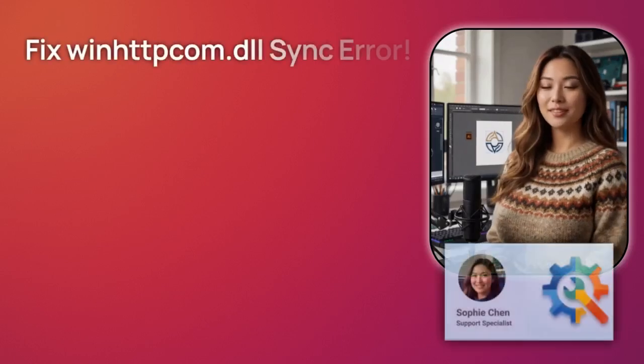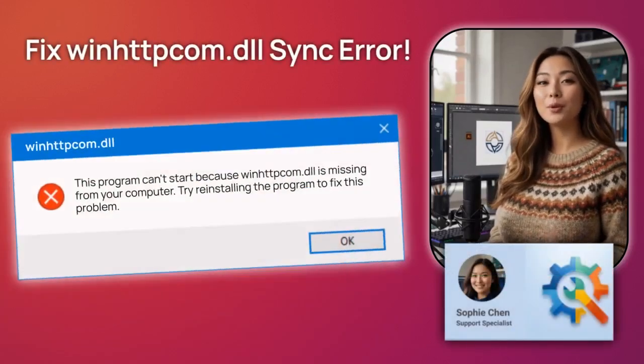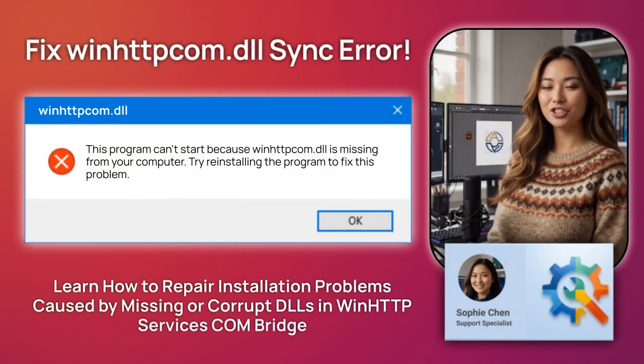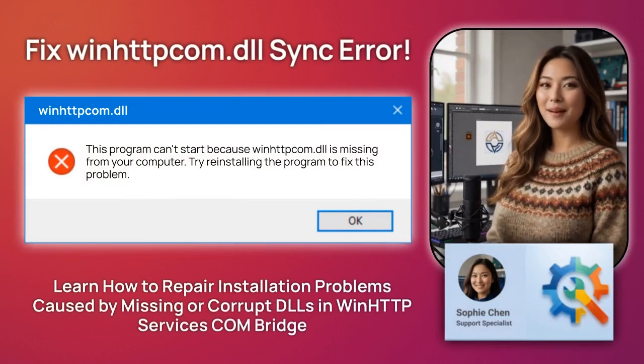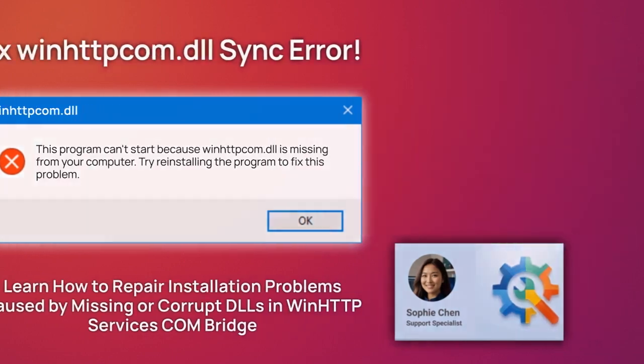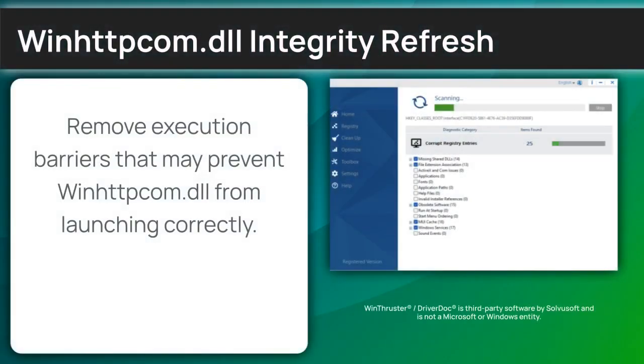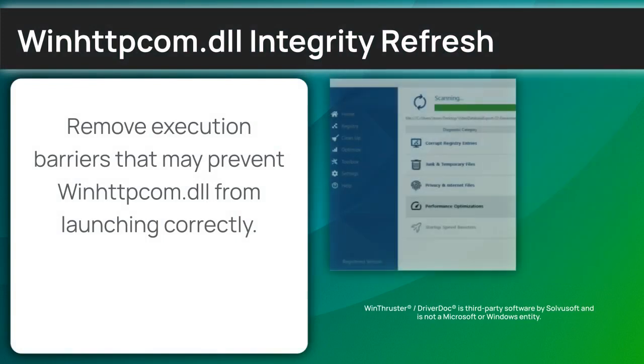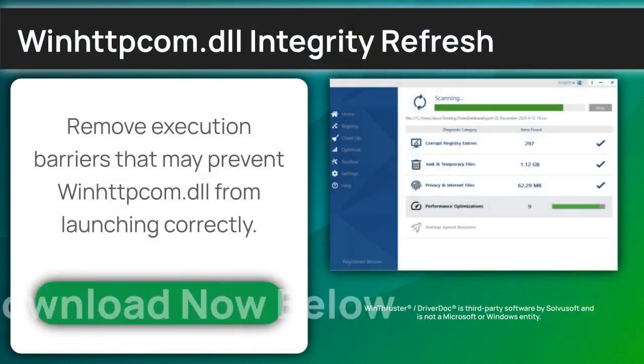Is your external component, the WinHTTP COM Library DLL, not found? I'm Sophie Chen, a Windows support engineer. I'm here to help you re-establish WinHTTP Services COM Bridge links. To start the walkthrough for WinHTTP COM Library, you can follow my technical guide or use a utility designed to